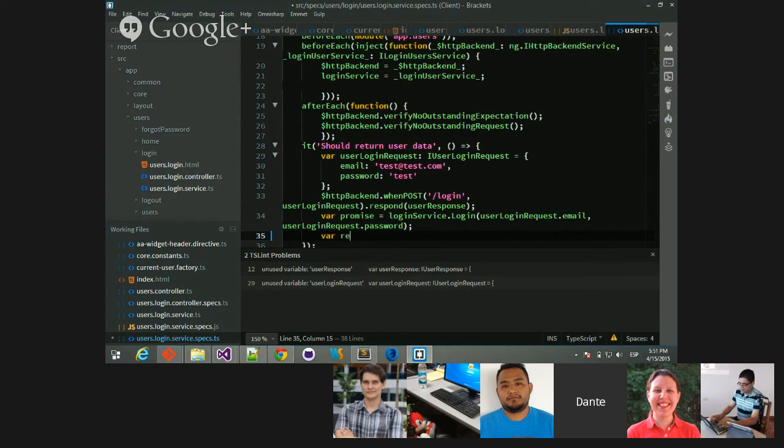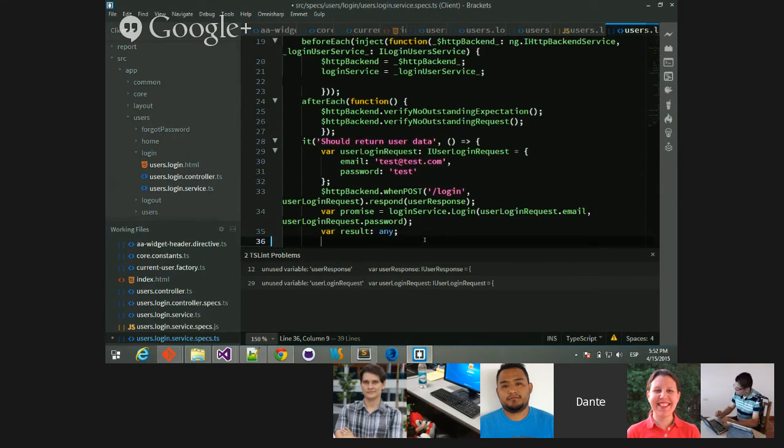And I will expect a result that can be of any kind. any is a special word in the TypeScript world to designate code that comes from JavaScript, because JavaScript doesn't have types. any is a word like object. Anything fits in any variable. So, okay, bien. So my promise will return data that